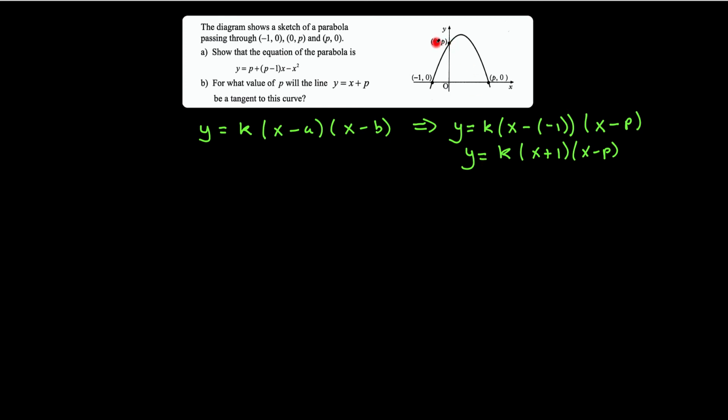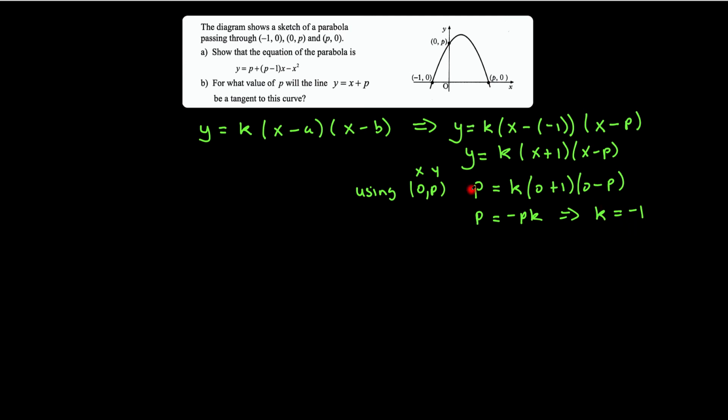So we can use the point (0, p), so using (0, p), that's my x and this is my y. So I sub this in, so I get p is equal to k times (0 plus 1)(0 minus p). That'll give me p is equal to minus pk, follows that k is equal to -1. So now if I rewrite this equation,